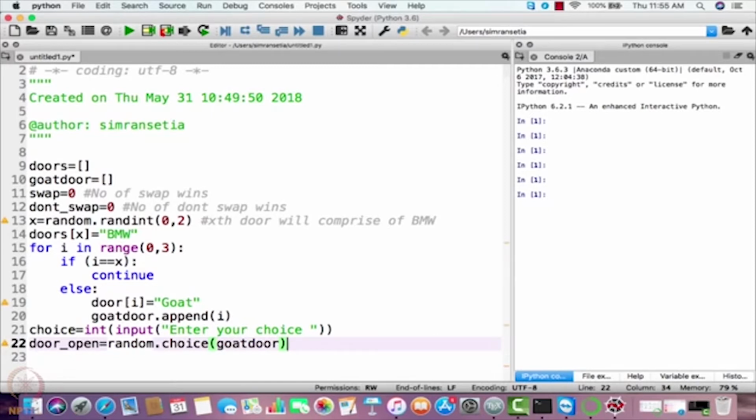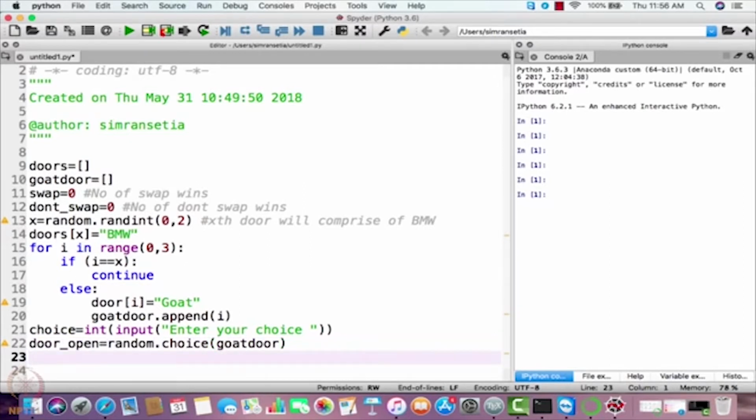Now please note this fact that we can only open the door that comprises of a goat, so we are only considering goat door here. I hope that you are familiar with random dot choice. We have already explained it. So goat door is a list here from which a choice will be taken randomly.